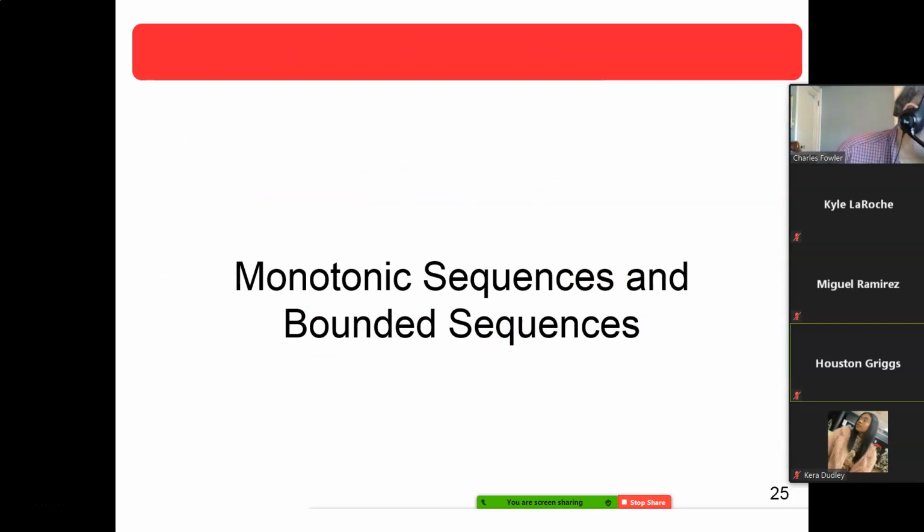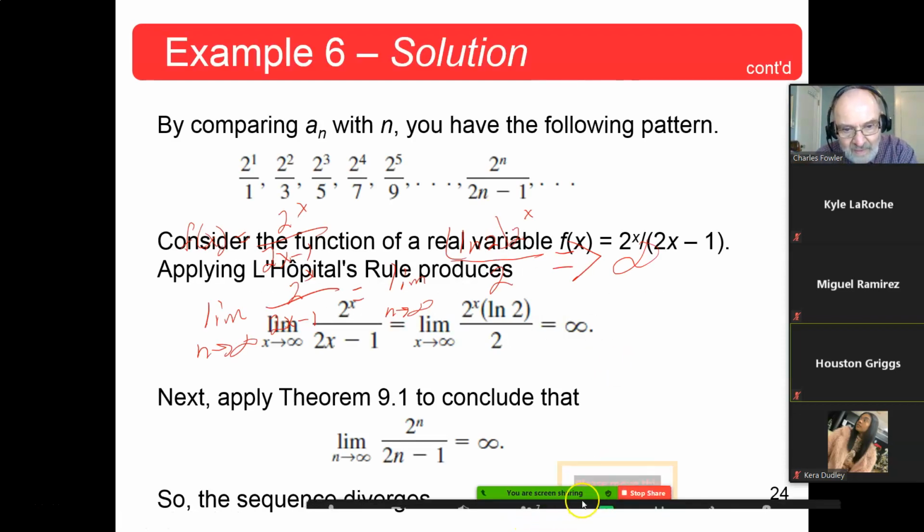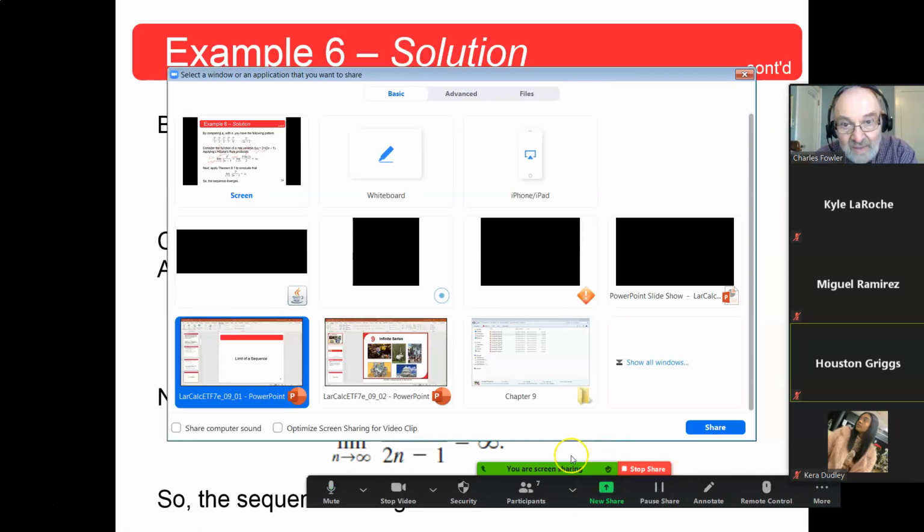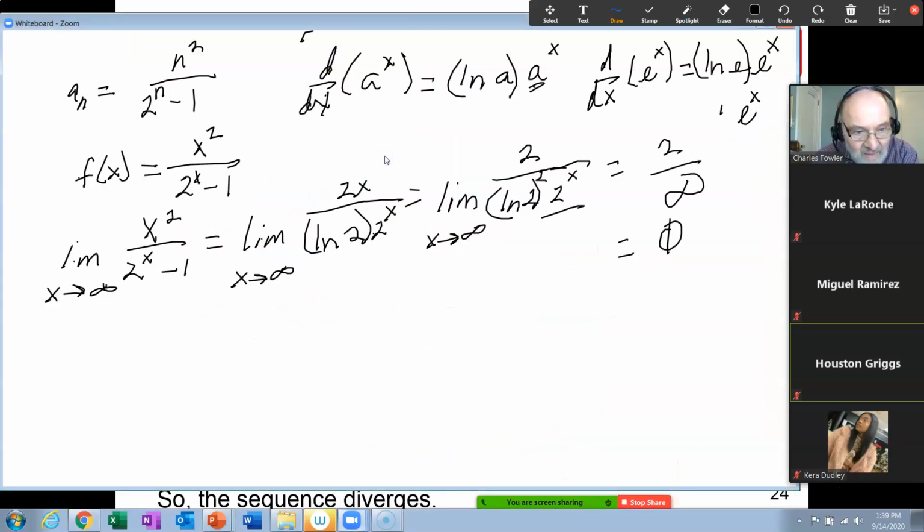Alright, now we're going to look at another with a very funny name. Oh wait, before we do that, here's example 7. Now, I don't know why they say you don't have a rule, you had a rule. Example 7, finding the nth term of a sequence. Okay, let me get my whiteboard up again. How are we doing on time? We go to 1:55. Okay.